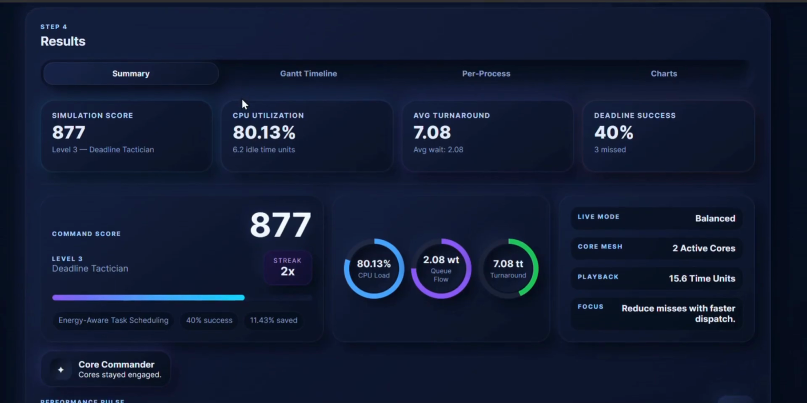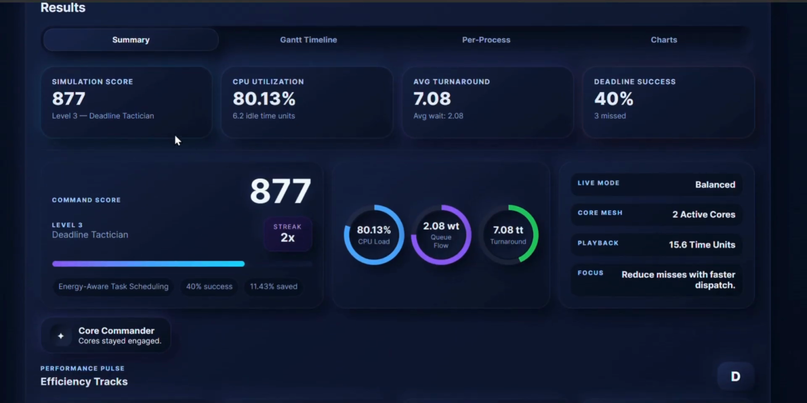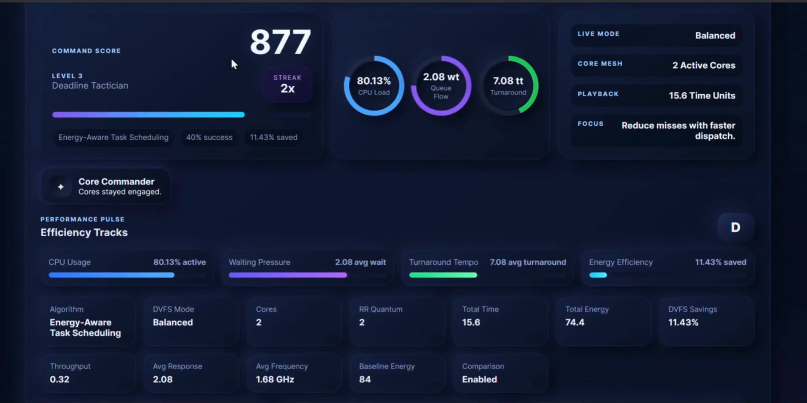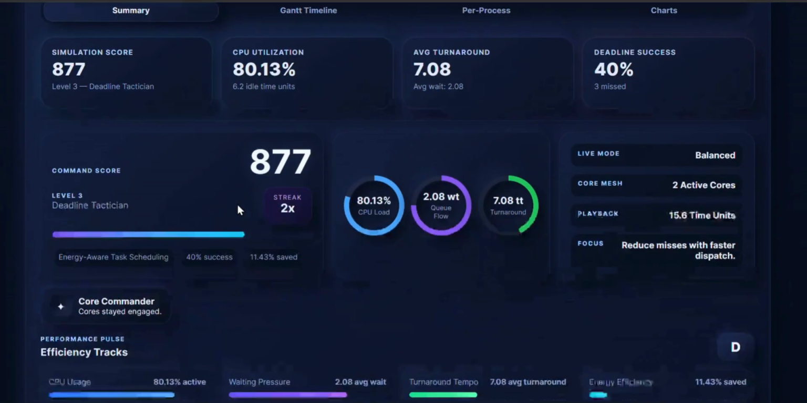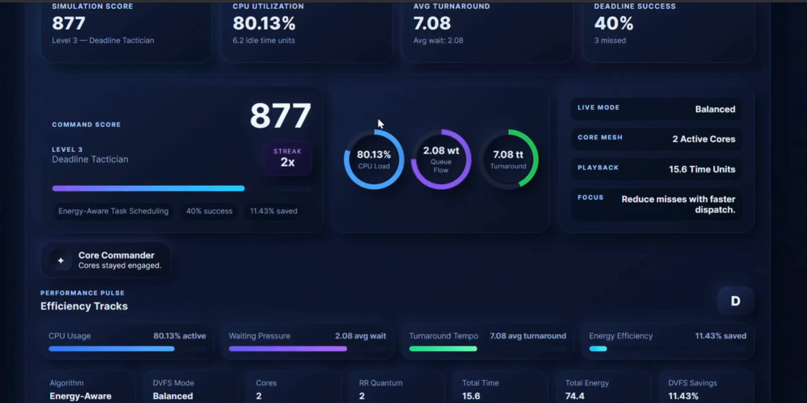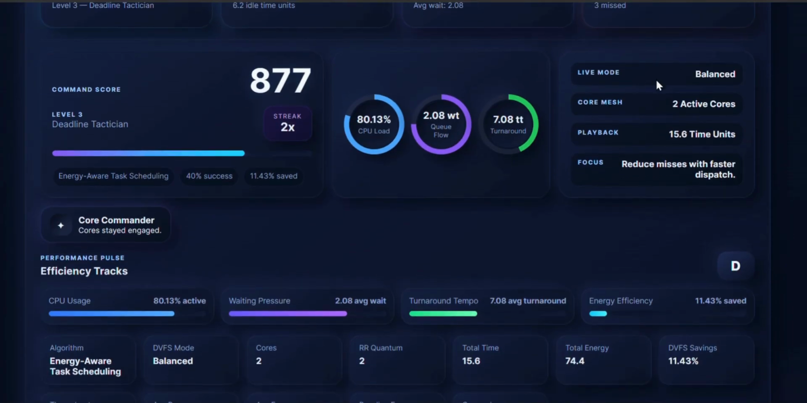Now we got the results, and in this result section, we can see the simulation score, which is 877, CPU utilization, average turnaround, deadline success, and number of processes which missed the deadlines, and the command score, which is the overall score of the scheduling algorithm, CPU load, queue flow, turnaround, live mode, core meshes, number of cores used,